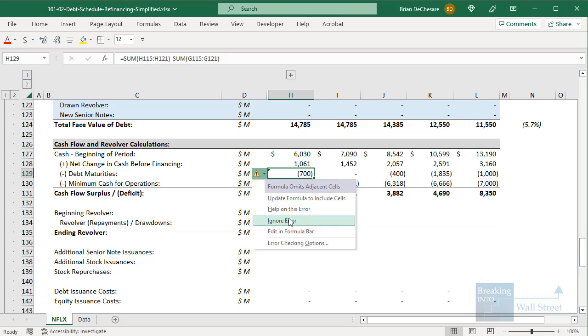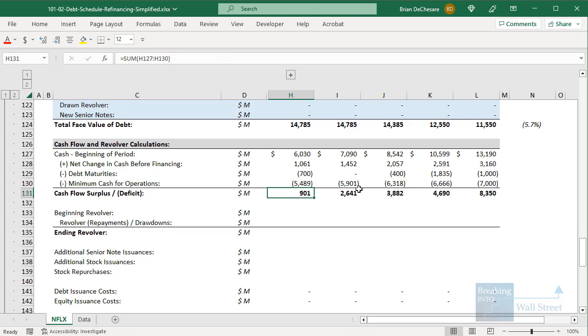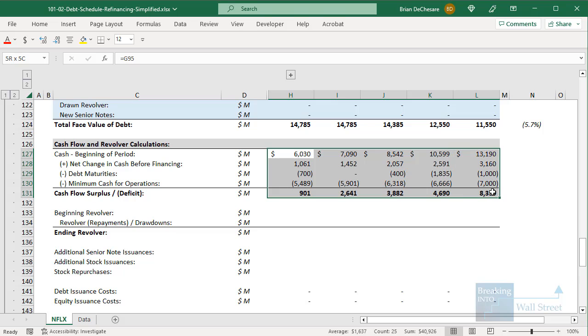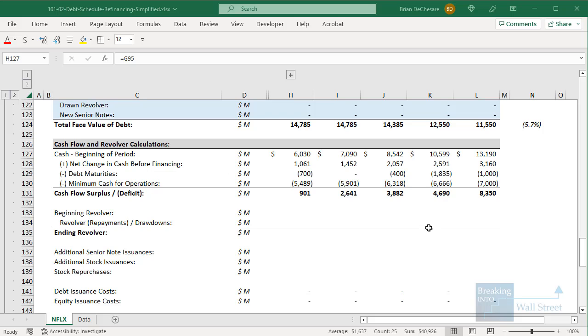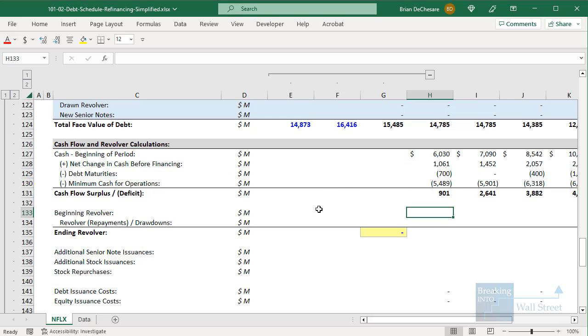And it gives us an idea of how much in stock the company could repurchase, how much in debt it could repay, or how much in additional borrowing it needs to make it through this period. Step 5 is to draw on or repay the revolver, factoring in constraints like the maximum size and also the commitment fees. So here, let's go down and for our beginning revolver, let's link to the ending balance from the